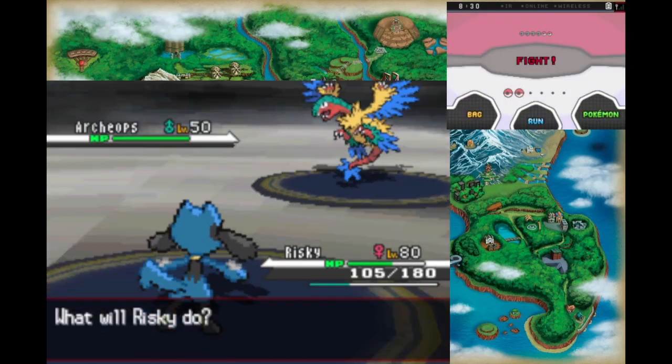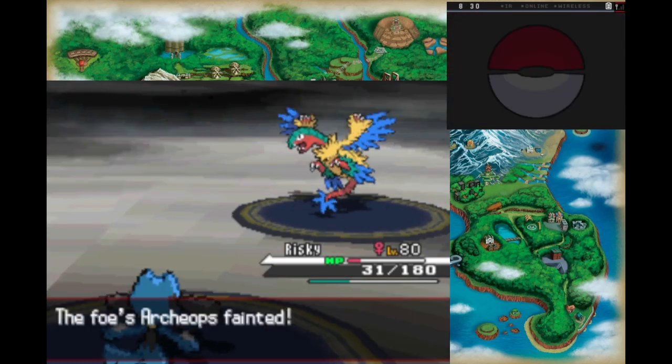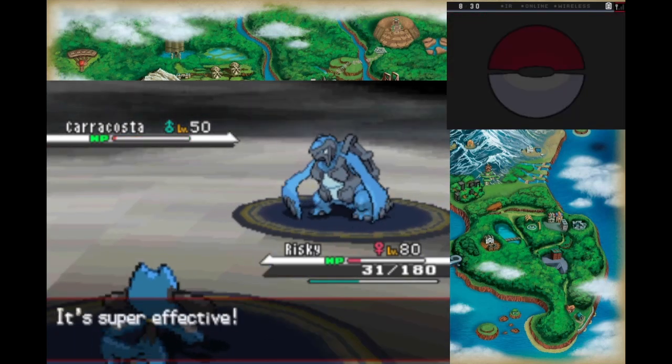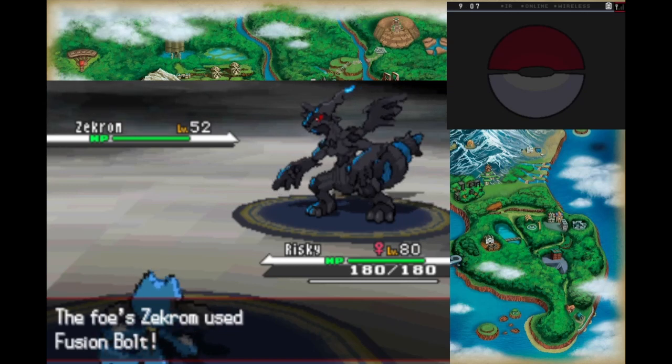Last out was Caracosta, who lived in red health with a Force Palm, got paralyzed, and finished us off with Waterfall. So close to winning. Let's try the Shell Bell strat again. Okay, a few attempts,